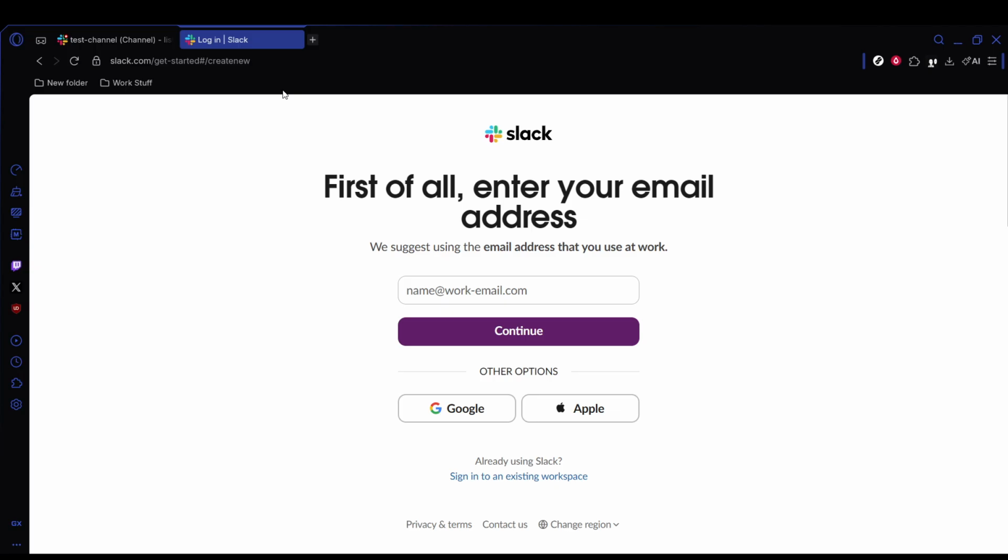At this point, choose the sign in method that works best for you. You may be able to sign in using your email address and password, or by continuing with Google or Apple, depending on how your account or workplace is set up. If you normally use one of those faster sign in options, just select it and follow the prompts on screen